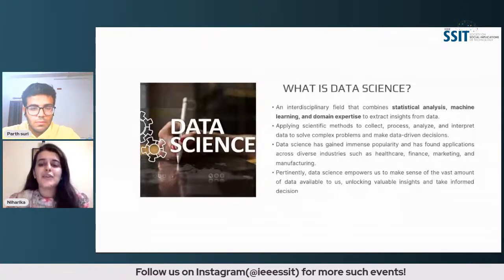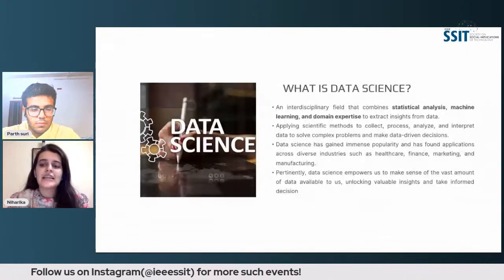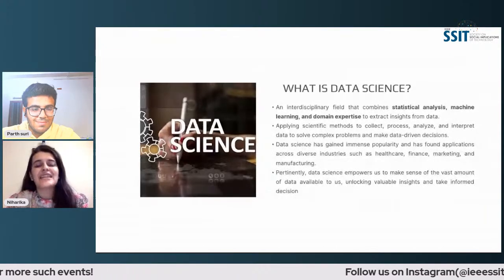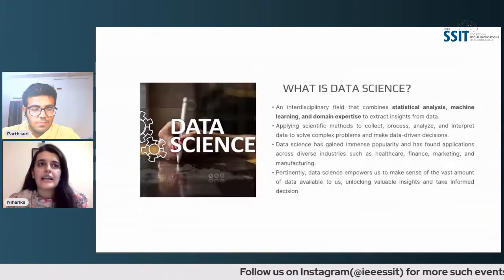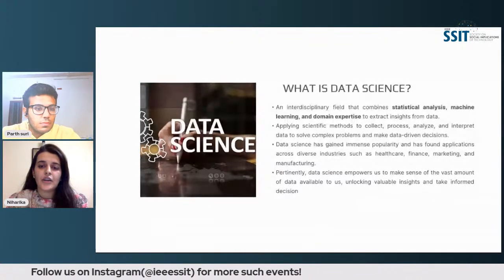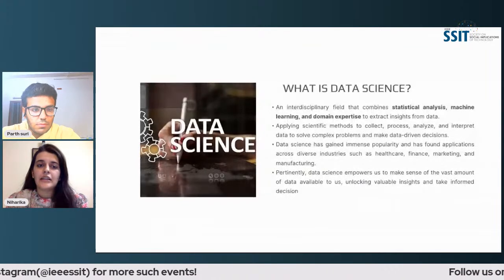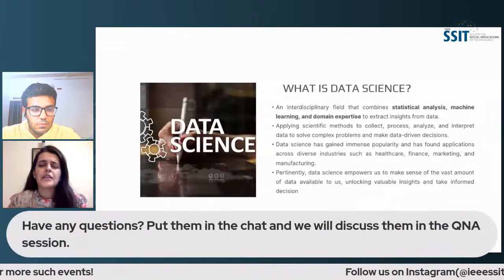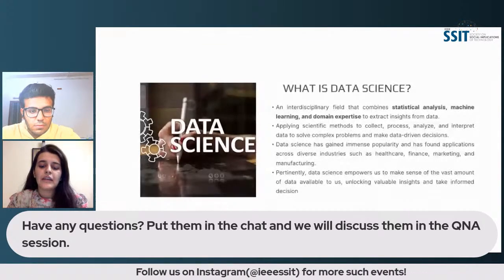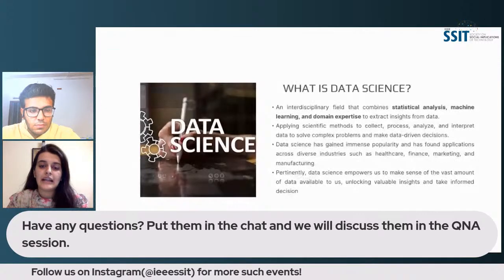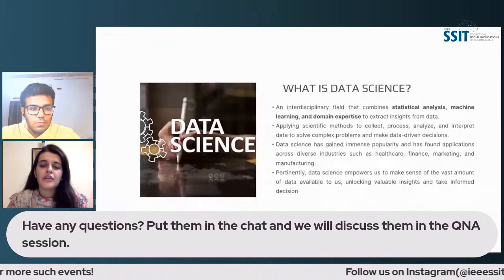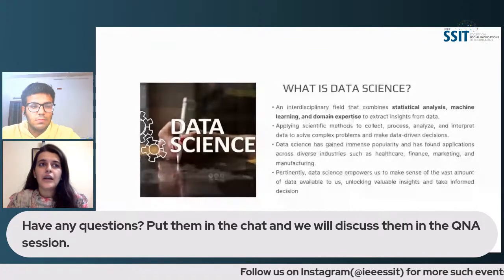Coming back to the three components of data science, we have statistical analysis. Data science uses a lot of statistical techniques and algorithms to make decisions. If we start with descriptive analysis, it's a basic statistical technique. It will give you valuable insight about the data. It will give you a summary of the data,